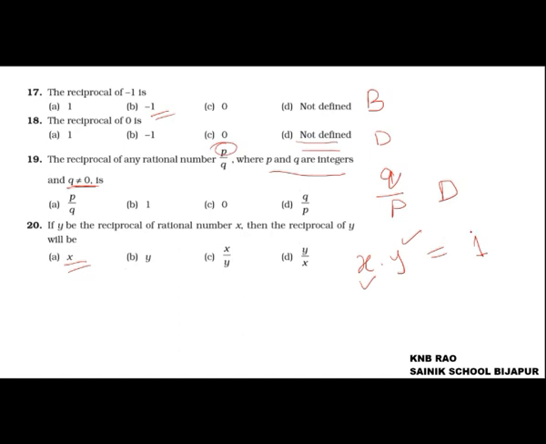Next, I am giving you a few questions of the type true or false as homework. The rest of the questions from 21 onwards we will learn in our next session. So for today, this much is enough. Note down the next screen which I am giving you as homework. Note down the questions and write them in your exercise book. All these 20 questions are to be solved in your exercise notebook along with the homework I am giving.